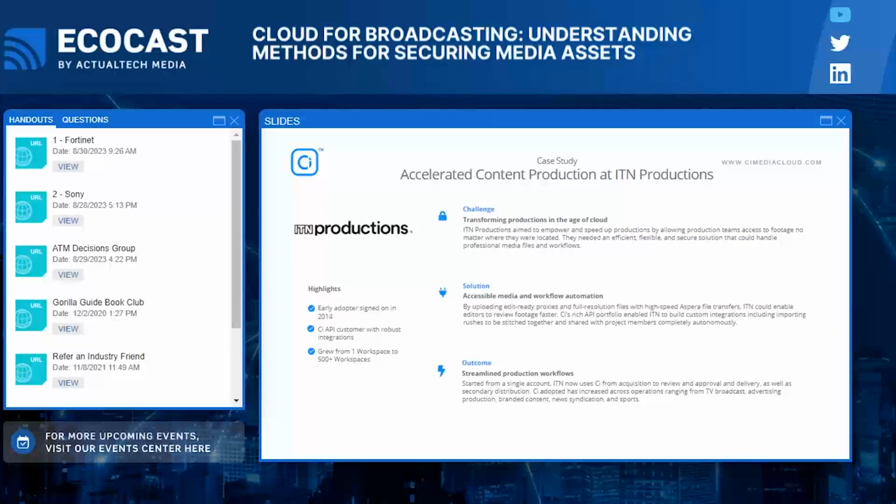And then they leveraged a lot of the automation. I didn't talk too much about that in the earlier slide, but C does provide a lot of media processing capabilities. So transforming content from one format into another, running AI services against that content to provide rich metadata, being able to clip out parts of content that you want. If you've got a 30-minute piece and you only need a minute of that content, being able just to take that minute is not only cost effective, but it saves you a ton of time because not everybody has infinite